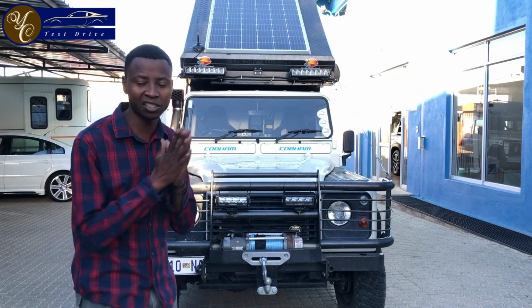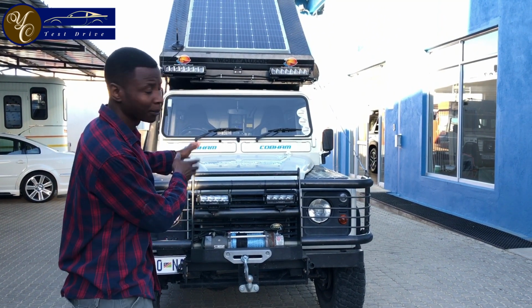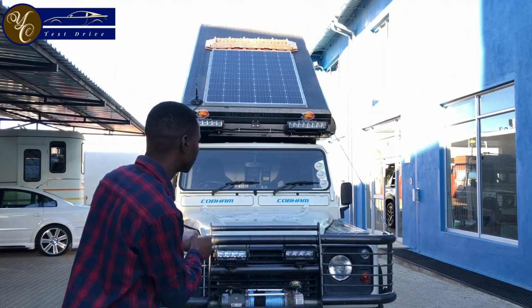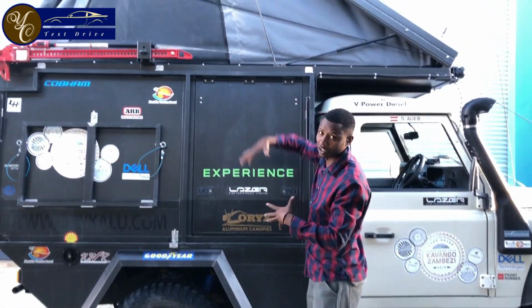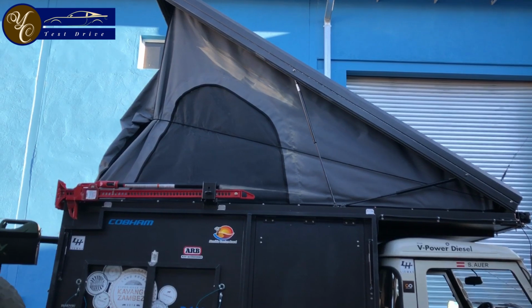But today we are not going to test drive this car. I'm going to tell you lots about the specs that this car has when we do the test drive. Look at these shocks. These are the shocks that take over the tent when you are pulling it up. Closing the tent